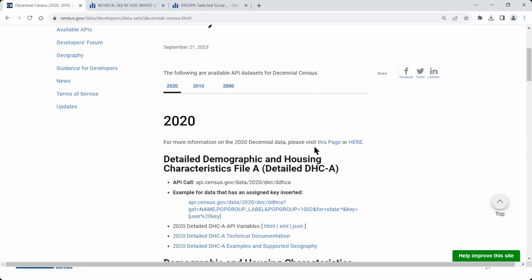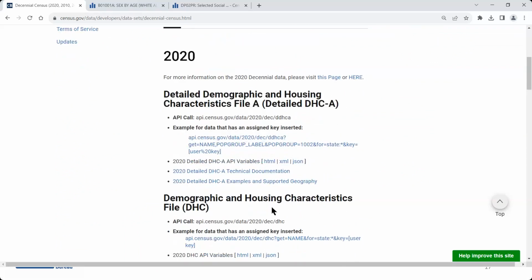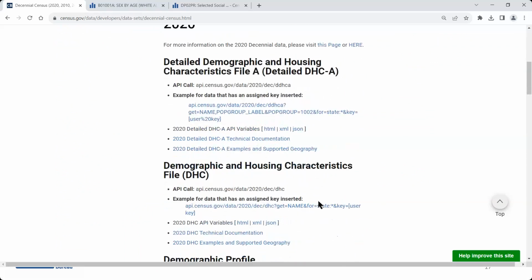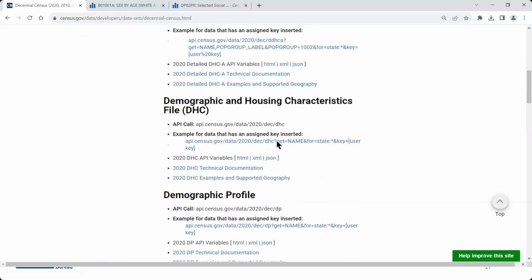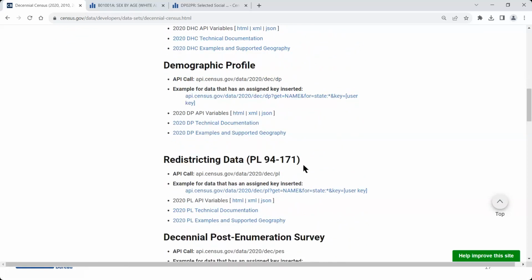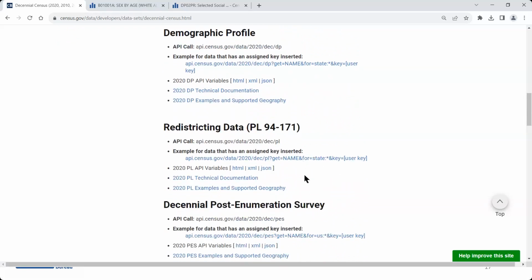And the more recent releases are up top here, such as our detailed demographic and housing characteristics file A, as well as our demographic and housing characteristics file, the DHC. And you could find population information from something like the DHC, but I think in case we have some newer users to the API here, I'm going to actually scroll down a bit more and go to one of our first releases from the API. That's going to be our redistricting data. I'm just choosing this one specifically because when we're going to look at the variables list, there's a lot less variables than something like the DHC. So looking through this for newer users is a bit easier to look through something like the variables list.